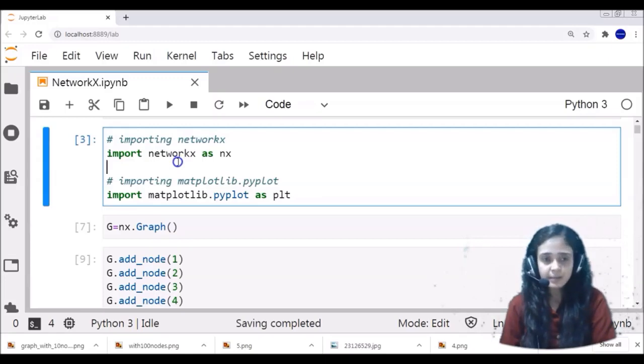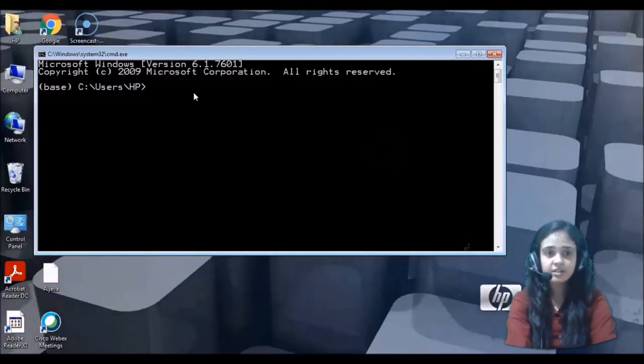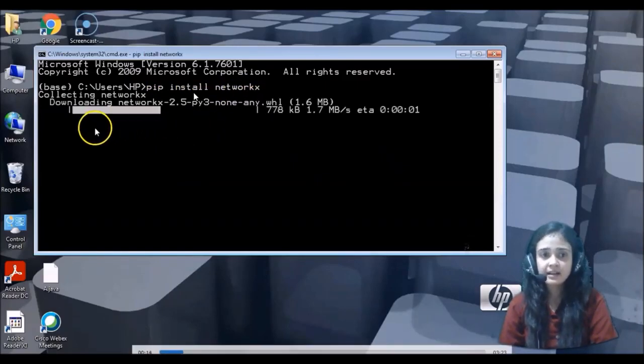So let's see the steps to install such a library. For installation of the library, just open your Anaconda prompt. In the Anaconda prompt, you have to write the syntax like this, that is pip install networkx, and press the enter key.